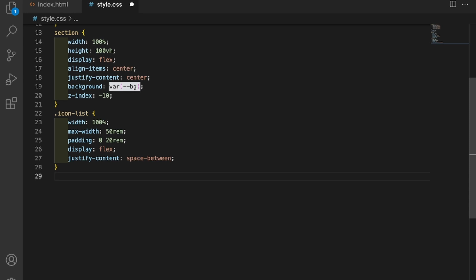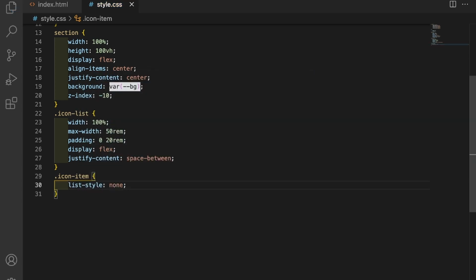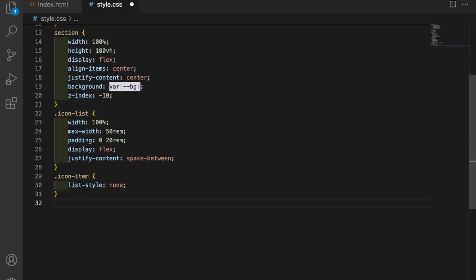So here I will write icon item and list style none. So now it looks more attractive. And now let's style our social media icons. So here I will write icon link,